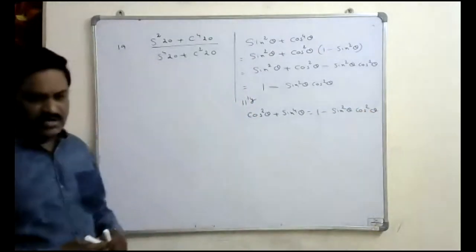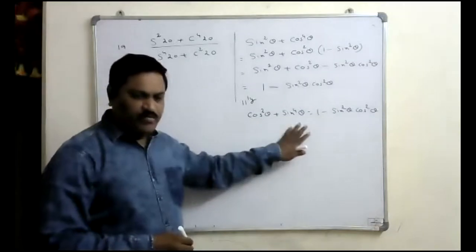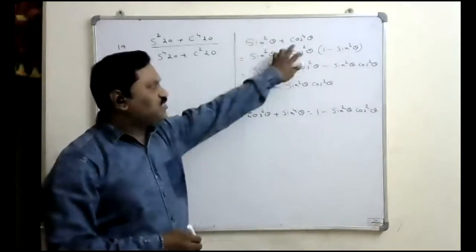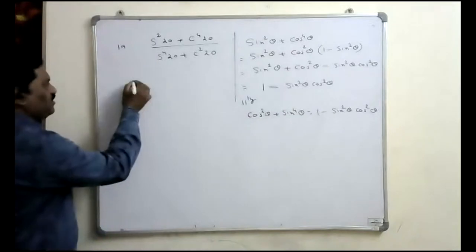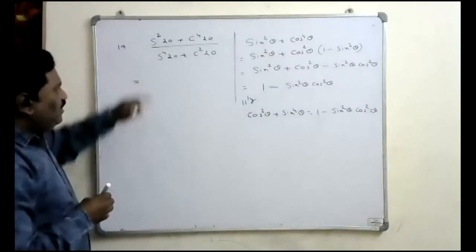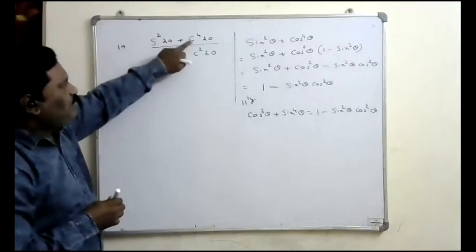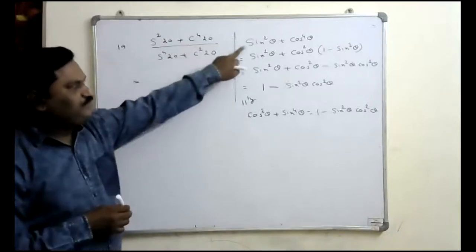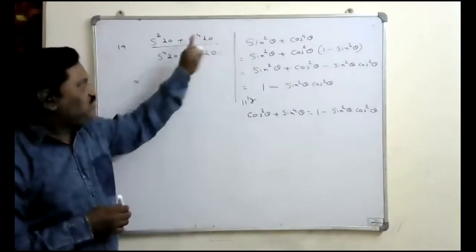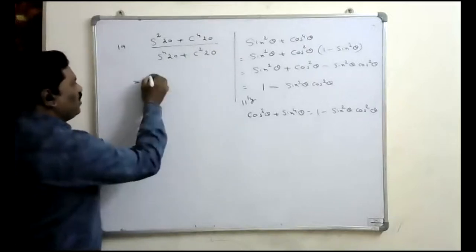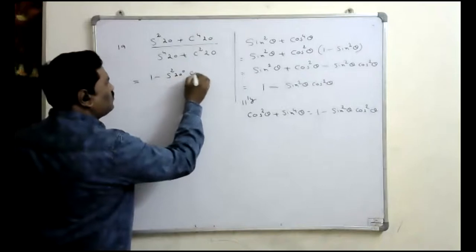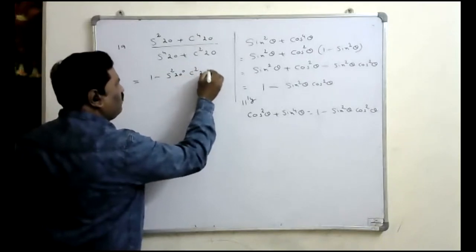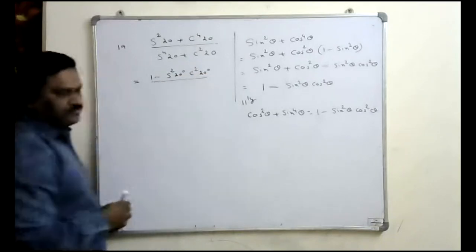So this is the result. cos square theta plus sin power 4 theta, or sin square theta plus cos power 4 theta, both are the same, if you remember that result. Here observe this: this is the sum of sin square theta plus cos power 4 theta form, that is this format. So this is equivalent to, we can write, 1 minus sin square 20 degree into cos square 20 degree. Like that you can write it.